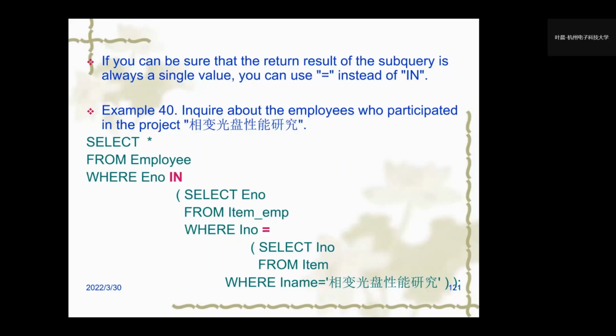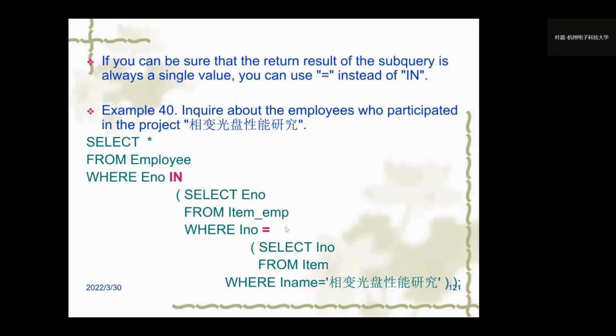And after we have this number, you can select the employee numbers whose item number is the one we found in this subquery. And after we have these employee numbers, we can select all the employee information from the employee table, where the employee number of these employees is in this returned